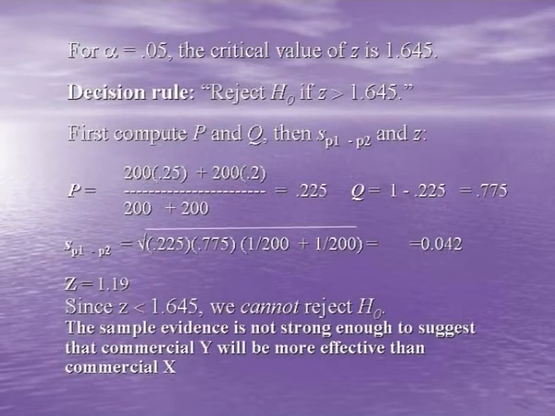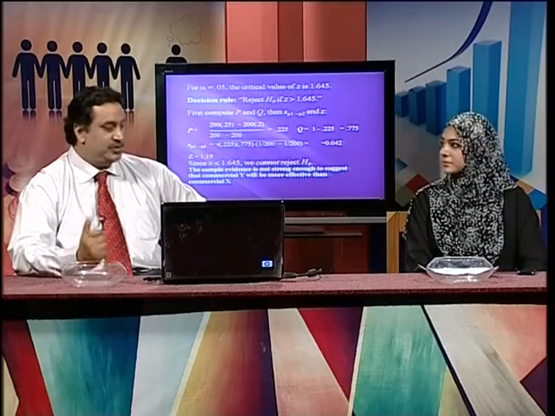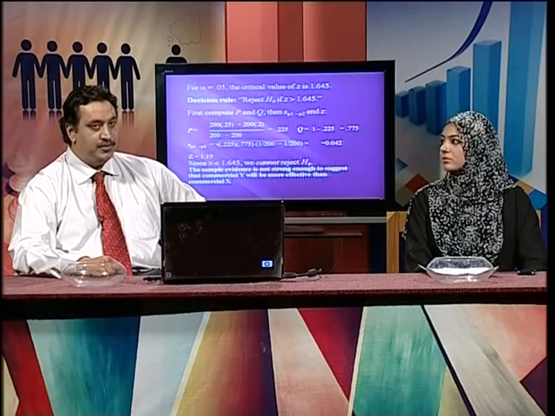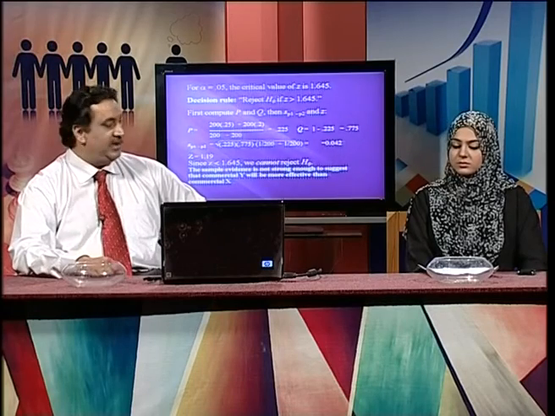If the level of significance is 5%, and this is the one-tailed test we earlier discussed in the testing of hypothesis program, the table value is 1.645. Here the calculated Z value is 1.19, and the tabulated value is 1.645. Again, the calculated value is less than the tabulated value. So we accept our null hypothesis, or we may say we do not reject our null hypothesis. This is the procedure of how we use the population proportion in two sample testing of hypothesis.